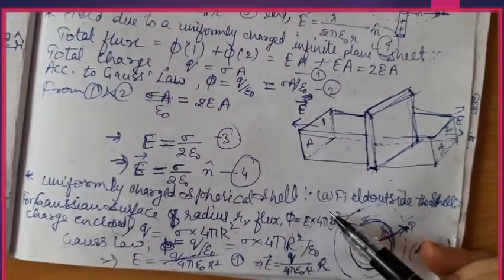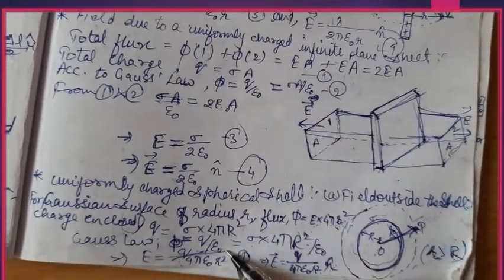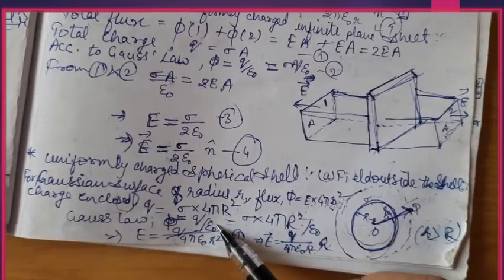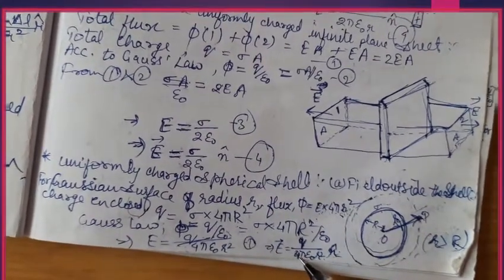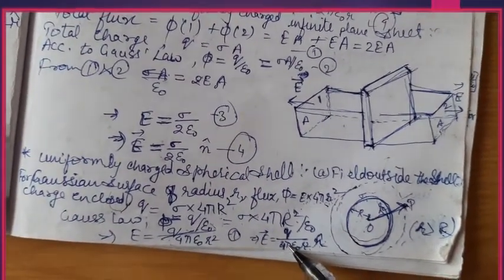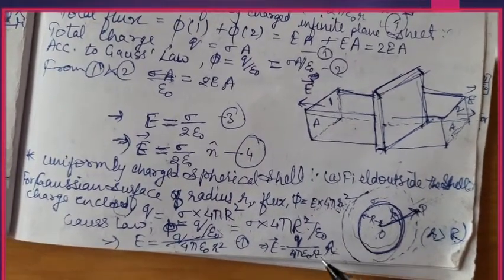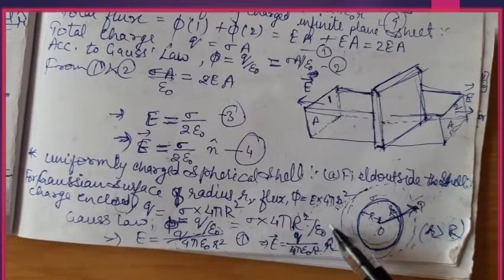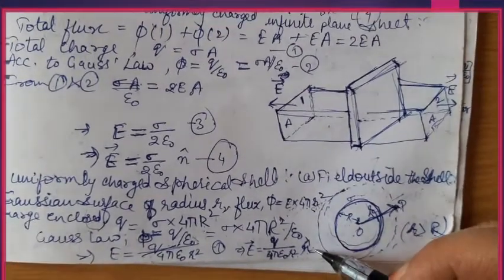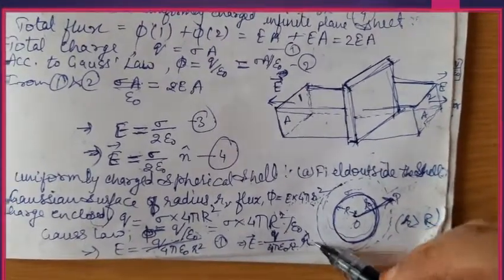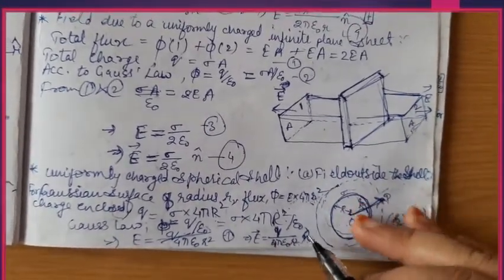Now we have two expressions for flux. We equate them both and solve. Whatever is being cancelled, we cancel, and we obtain the expression for electric field here. So this is the expression for electric field, Q upon 4 pi epsilon naught r square. And if we want to write it in vector form, then we put a unit vector r cap, because electric field is along the radius, it is radial, that's why the unit vector r cap.